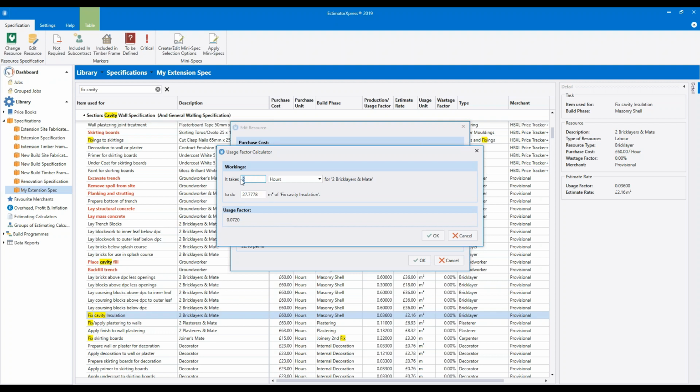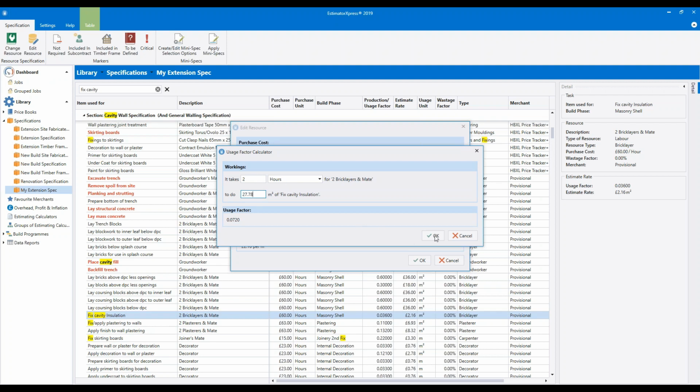Of course, the other thing you could do is leave that set to 1 hour, and say it takes 1 hour to fix 14 square meters, so we're halving the amount of insulation they can fit in that 1 hour. I've obviously rounded up a little bit to do that, but whichever way makes more sense to you, just read through the workings and tweak those figures so they make sense for the materials that you've chosen.